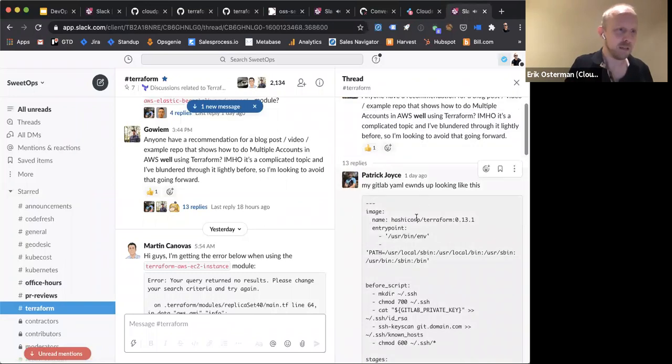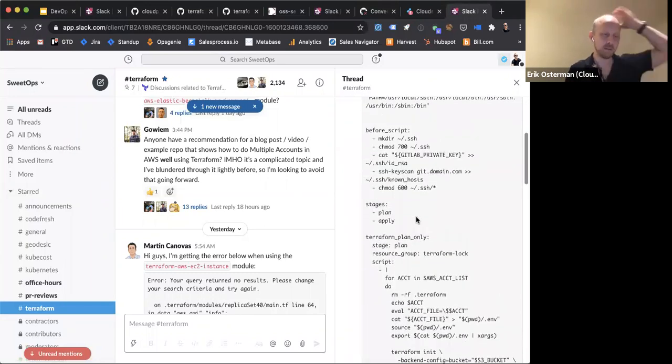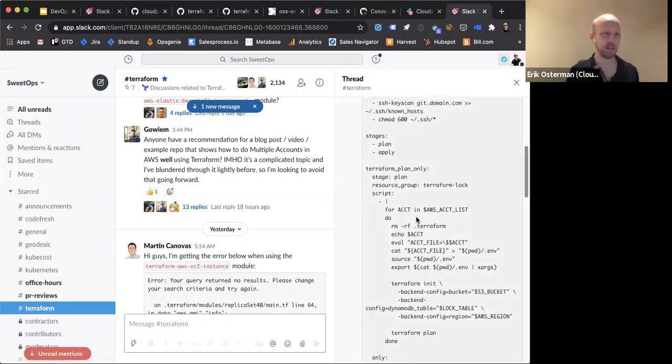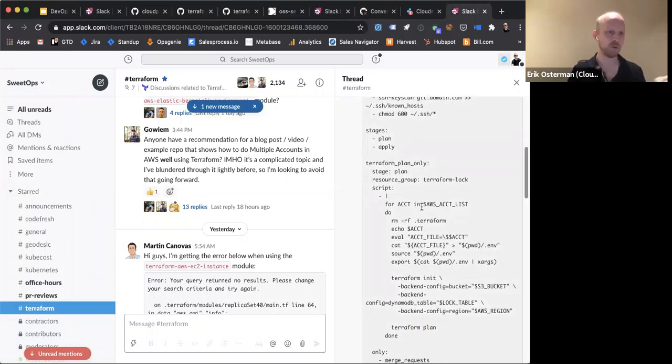My GitLab YAML ends up, so here's one example of how someone's handling it. And this is one approach. You can script it outside of Terraform. You can create your state backends per every account. But this is just one narrow problem. The questions you have to answer are: if we're going to have multiple AWS accounts, are we going to have multiple Terraform state backends?